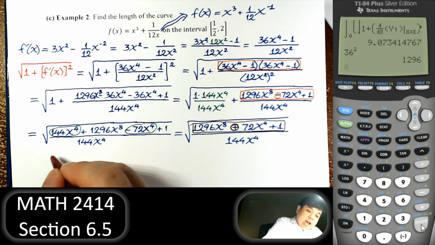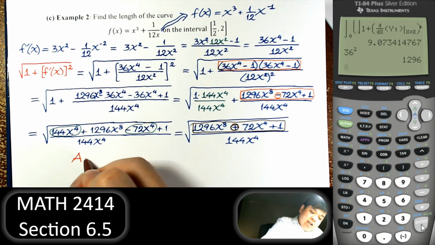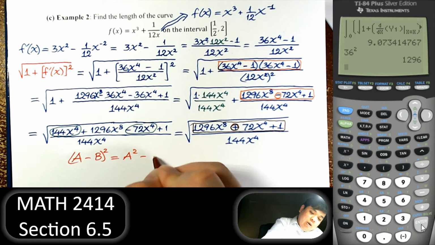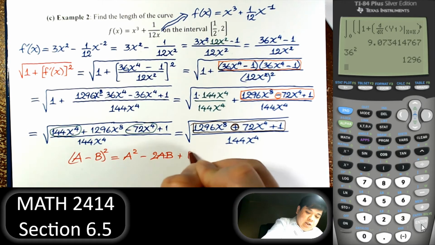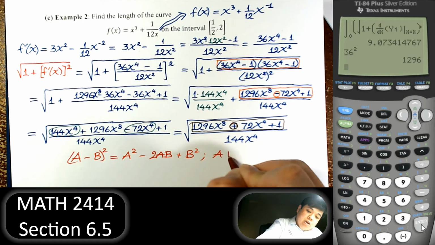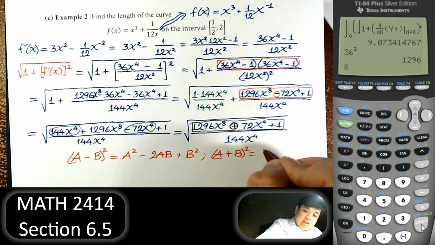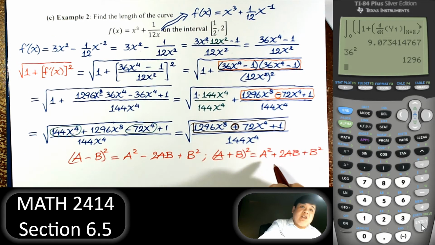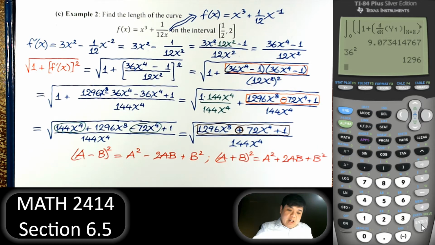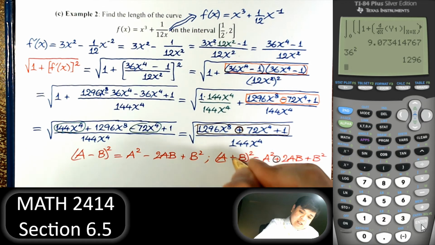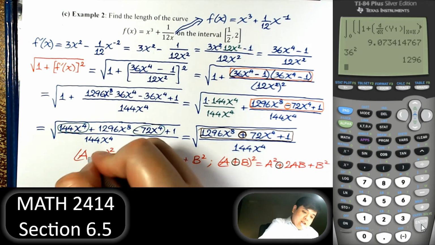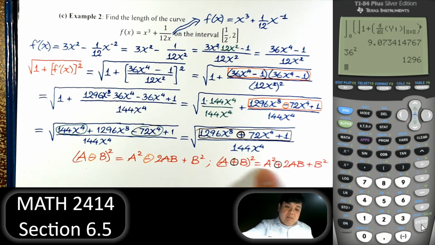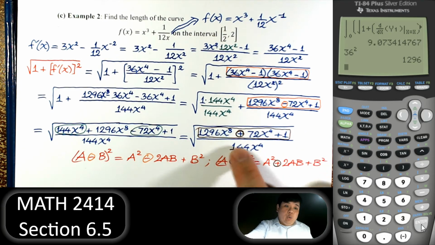In particular, what we have here is, if we have a minus b squared, it is going to be a squared minus 2ab plus b squared. But if we have a plus b squared, still a squared, but it's going to be plus 2ab. So notice that if this is a plus, it will be a plus. If it is a minus, it will be a minus. And those coefficients, everything will stay the same, just different signs here. So when we have a plus here,